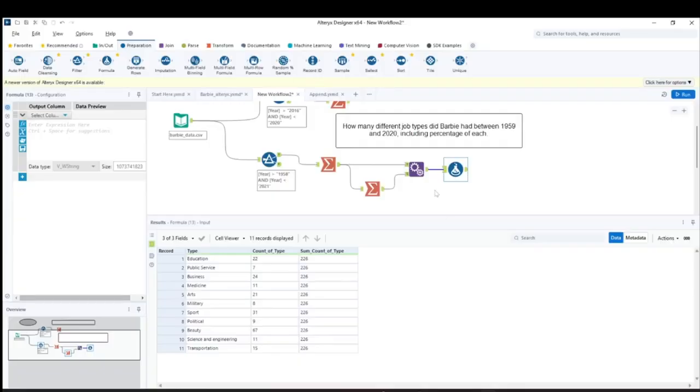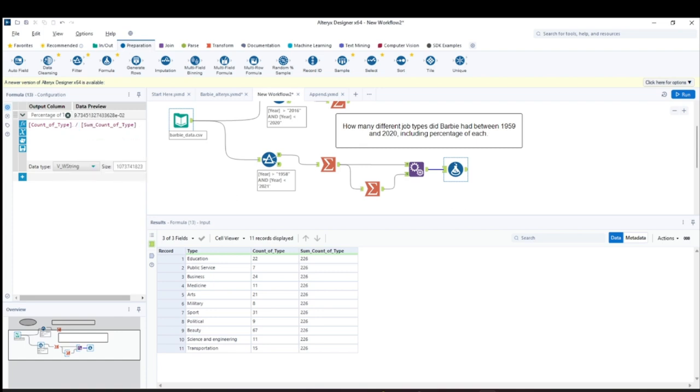Okay, so for this I will write a formula here. Firstly, just click on this, select column, add column, and write here percentage of type. Okay, and now I will write the percentage formula: count of type, right, divided by what we had, sum of count of type.